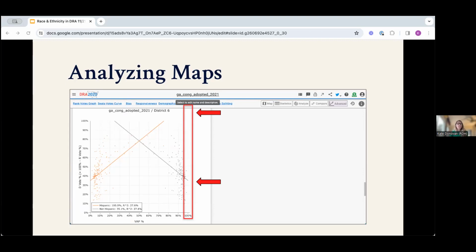Now, if you take these best fit lines out to where they cross 100% of the VAP for Hispanics, for the orange line, or for everyone else for the gray line, you'll get estimates that are displayed in the table. I've put arrows here to point to where that best fit line for Hispanics would cross the 100% VAP threshold. It's actually off the charts, right? Way up here. And where the best fit line for everyone else crosses, which looks to be about 35%.